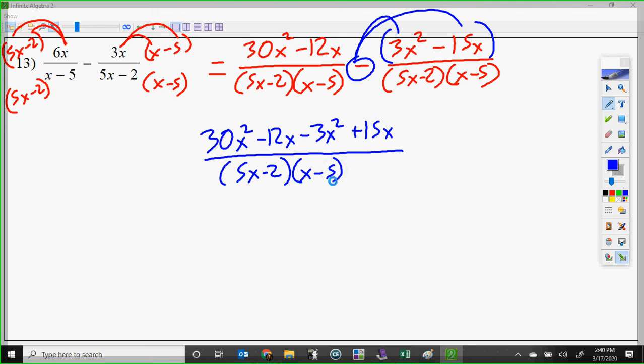Equals, now I'll combine like terms, 30 minus 3 is 27x squared. Negative 12 plus 15, that gives me 3x all over